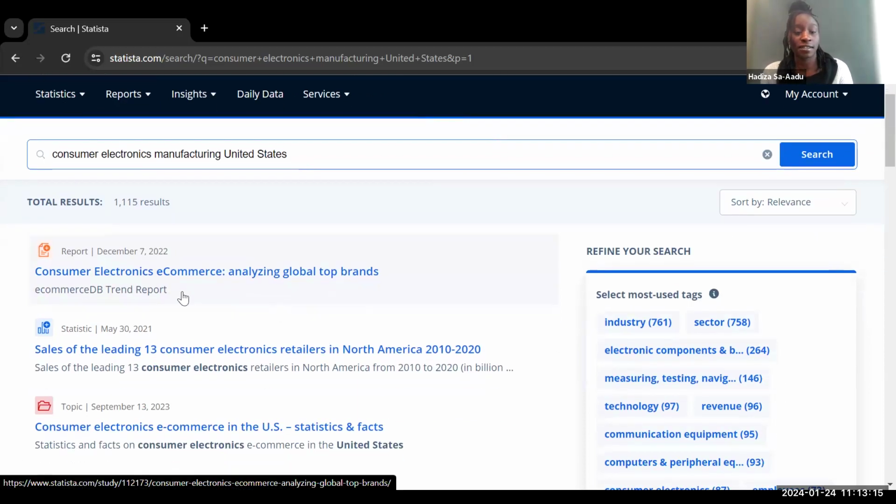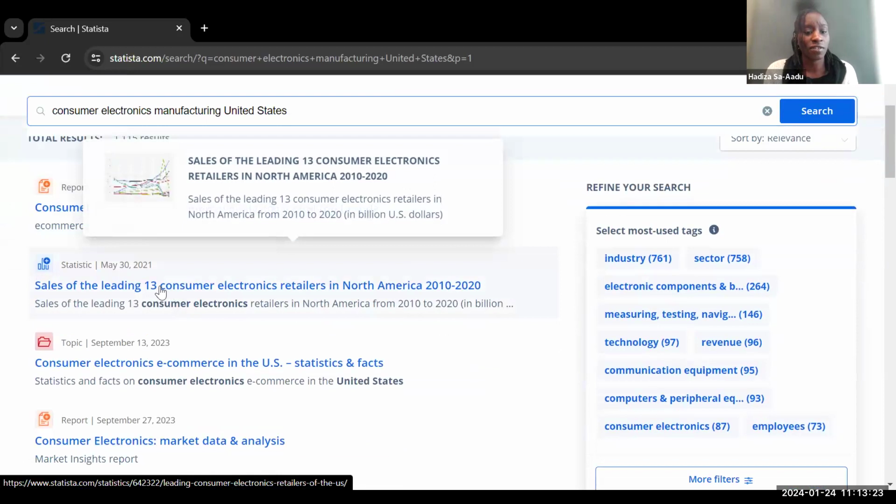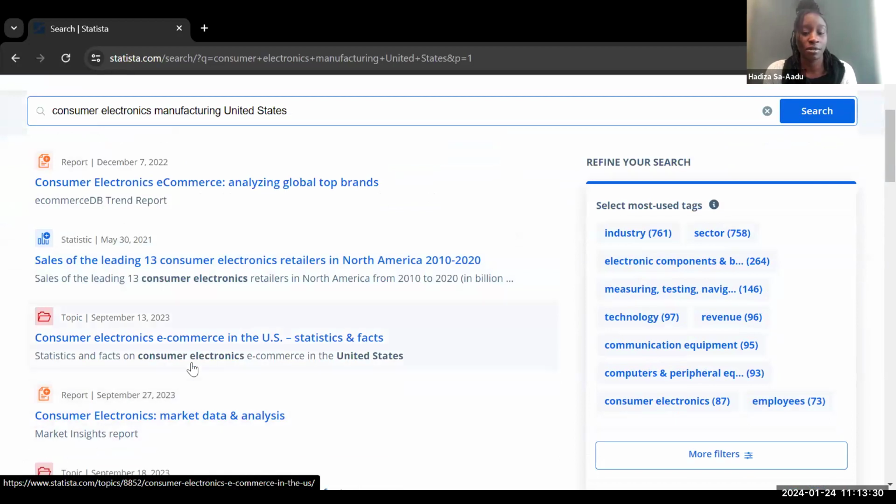We've got this first result here that's titled Consumer Electronics E-commerce Analyzing Global Top Brands. Sales of the leading 13 consumer electronics retailers in North America. Consumer electronics e-commerce in the US statistics and facts. Okay, so if you haven't noticed,